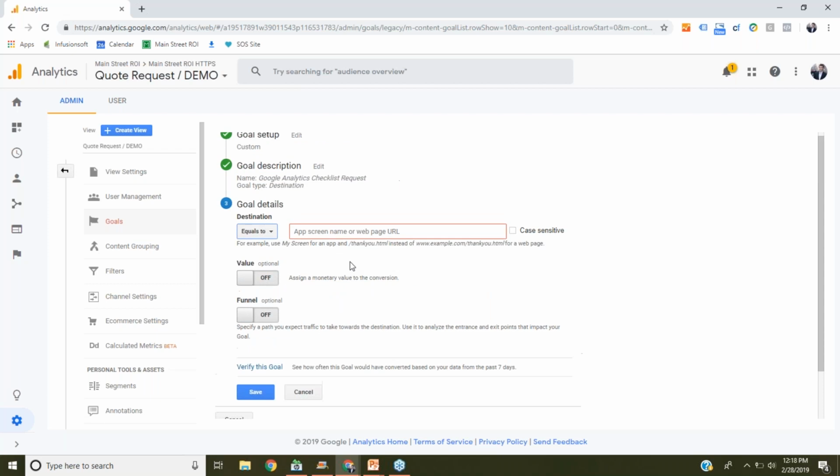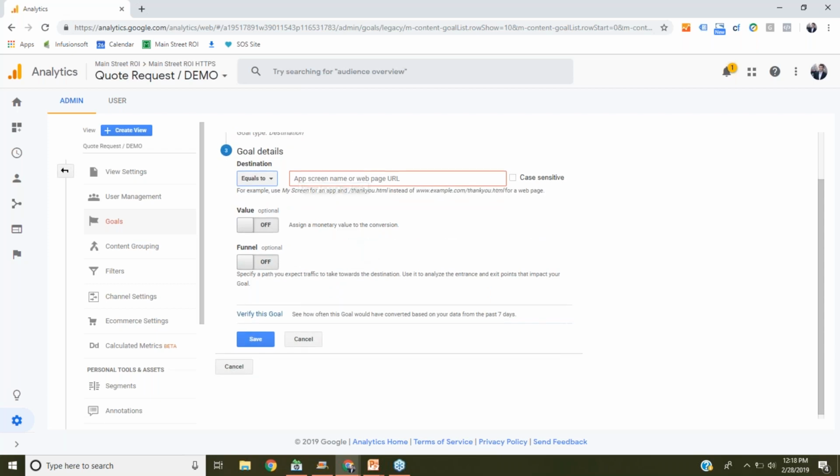Now, here's where it's really important to edit this equals to begins with. And this is a destination goal, so we're going to provide Google Analytics with the thank you page of the form we're tracking. So I have that. I'll just copy this in just a second. Okay, so the thank you page URL